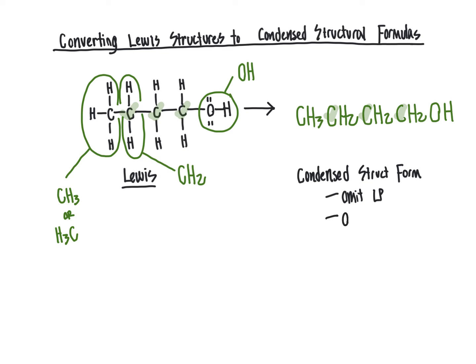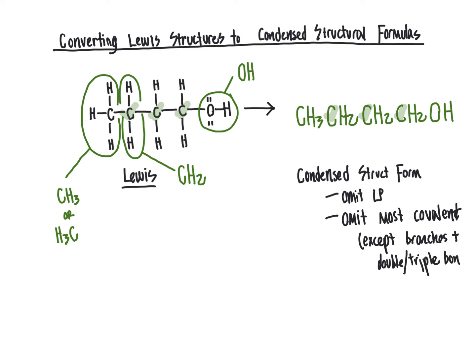And condensed structural formulas omit most covalent bonds, except in the case of branches that come off of the chain going up or down, and double or triple bonds. We would have to show those as lines like we did in our Lewis structures. That was not the case here because we don't have any double or triple bonds to deal with, and we don't have any branches because all of the atoms other than hydrogen all are found in this linear fashion here,